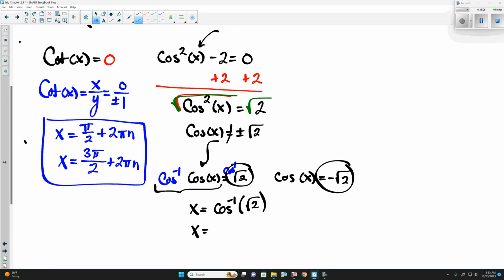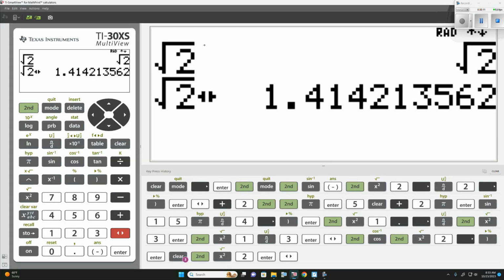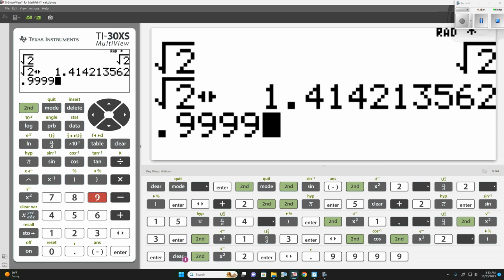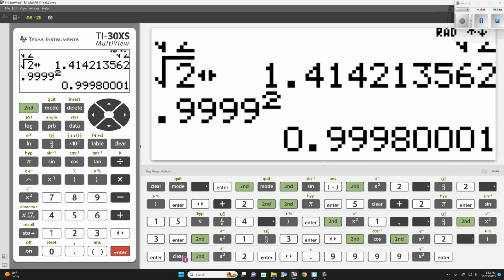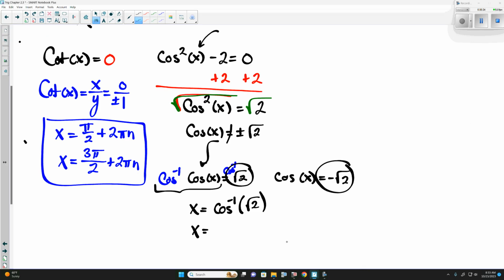There's no way to make that 0. Does that make sense? Because even if cosine was 0.999, and I square it, it's still not bigger than 1. So this other side is not possible, but